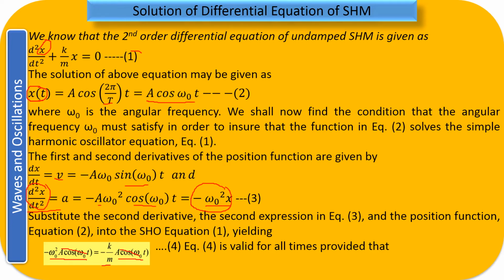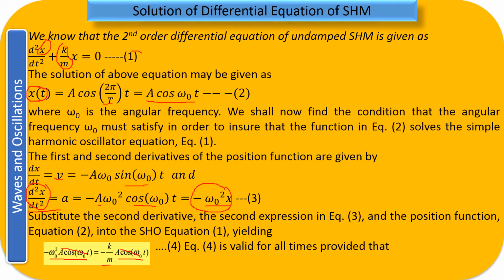Therefore what I'm going to say here, this value of k by m is going to represent your angular frequency, and therefore we are able to satisfy that. That is what we can say. The real solution of this can be given as x equal to a cos omega naught t. So the solution of the differential equation d square x upon dt square plus k by m into x equal to 0 can be given as a cos omega naught t, where omega naught is equal to root k by m.